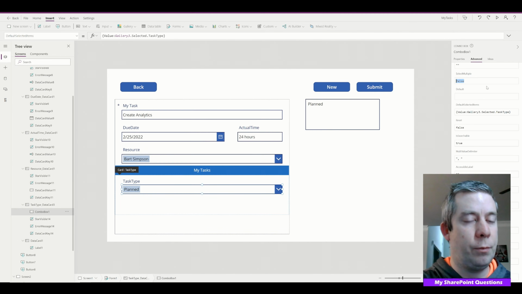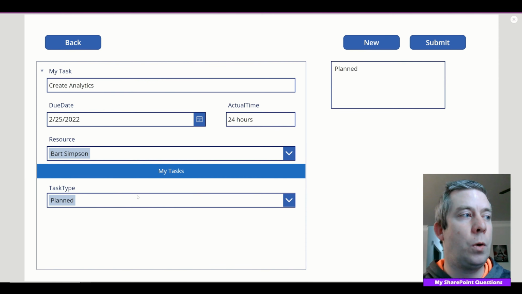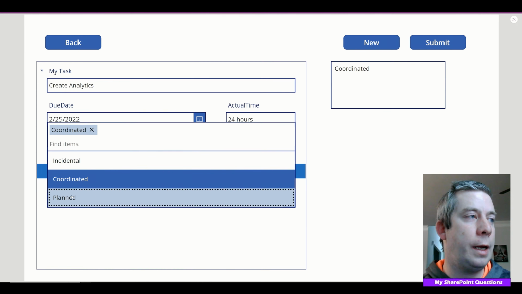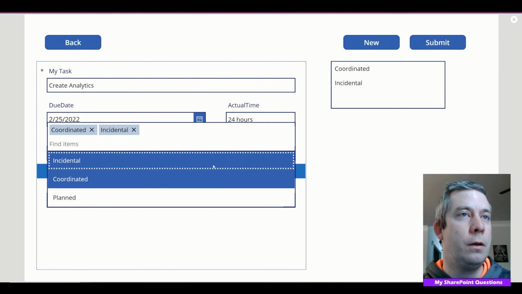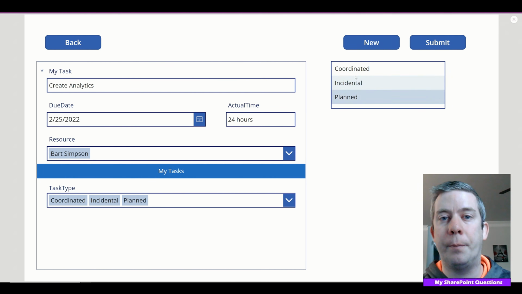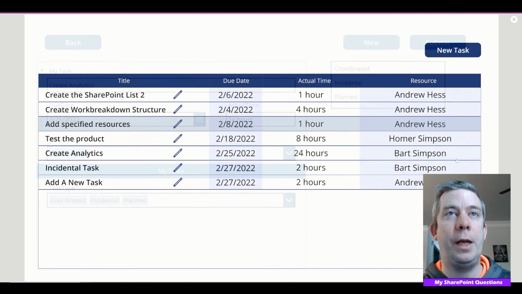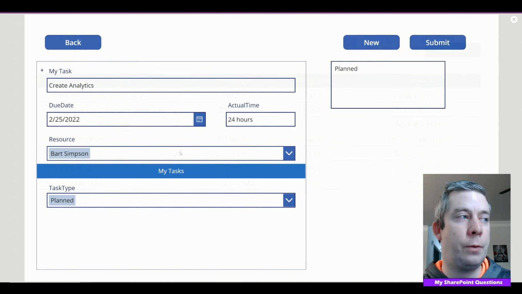Right, we're about to break some things. All right, we've now allowed multiple selections. So we're going to pick coordinated, planned. We'll pick all 3. So now you can see the list box is now populated 3 options. Now on create analytics, if we submit and we go back to create analytics,